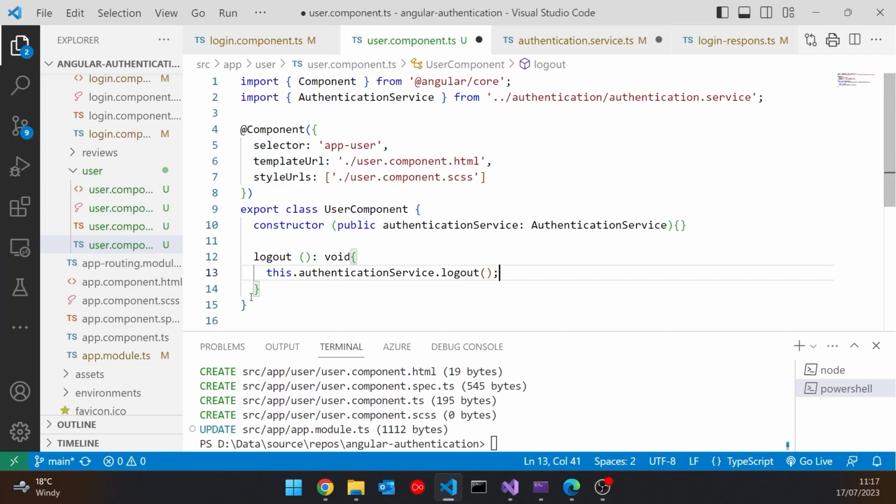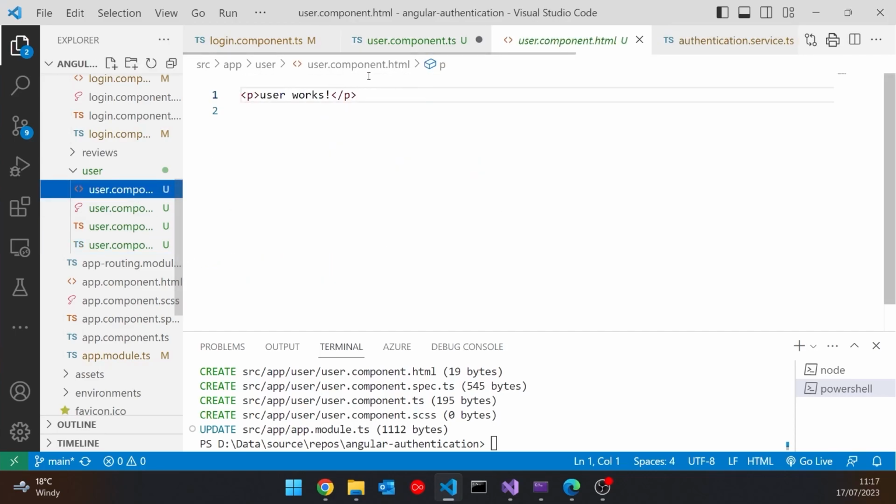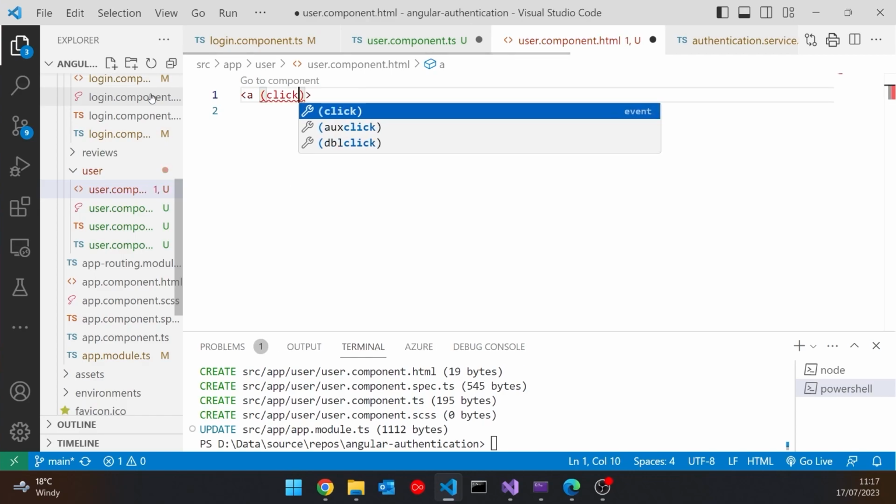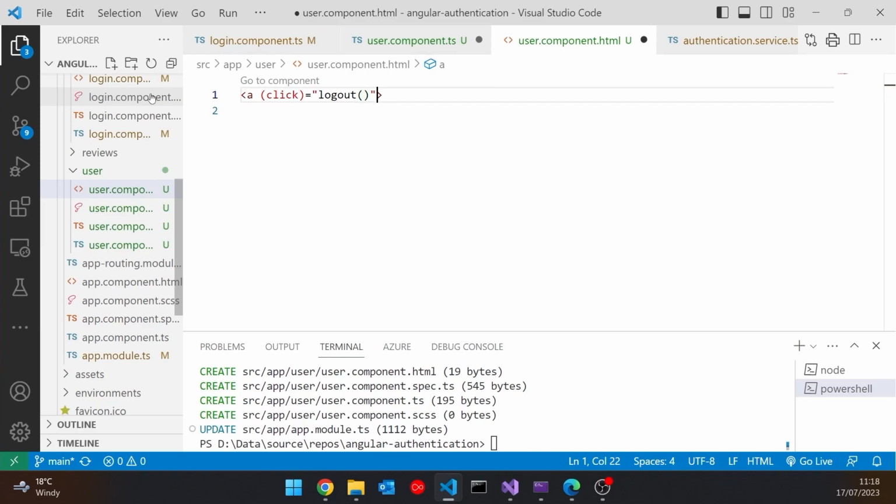And then let's go to the template for this one. And simple enough, we could just put in, let's do this as an anchor. And we bind the click for this anchor onto the logout that I just wrote. So we'll call the logout. We'll just give it the label logout. And then that should really be all we need. Though we've then got to put that into the menu bar.